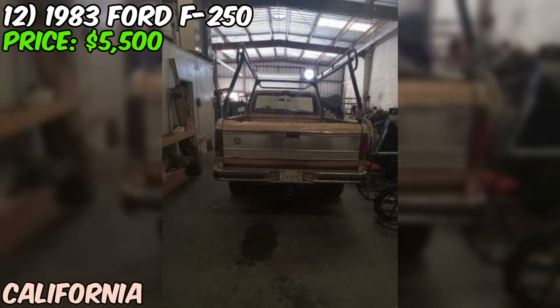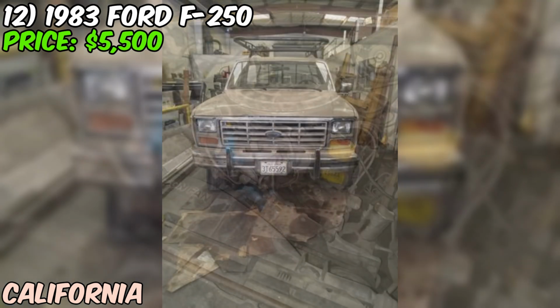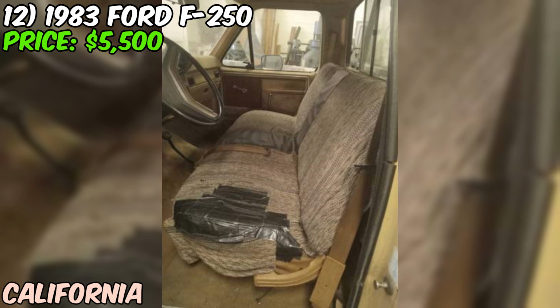The odometer's showing 83,000 miles, but it's both broken and rolled over, so yeah, the actual mileage is anyone's guess here. The seller mentions it needs some minor work, but doesn't specify what kind of work we're talking about. That's always a bit of a red flag because minor can mean very different things to different people. For $5,500, you're looking at what's probably a running and driving work truck, but you'll definitely want to inspect it